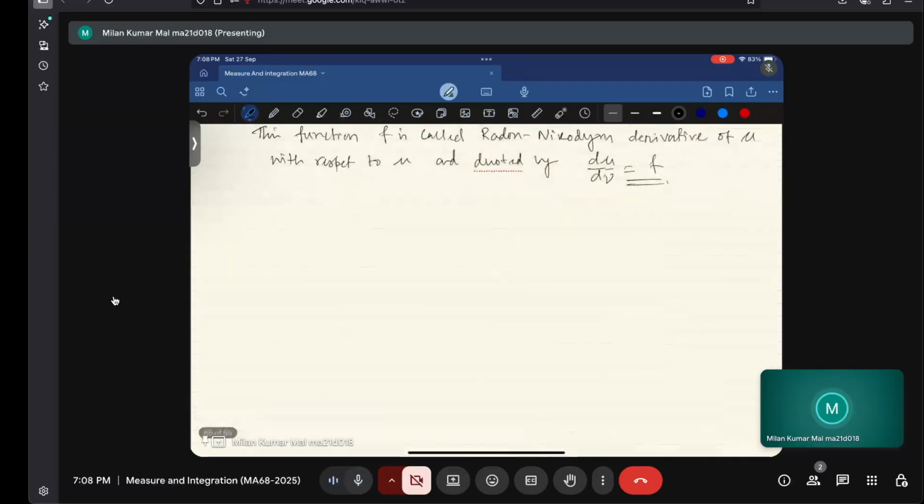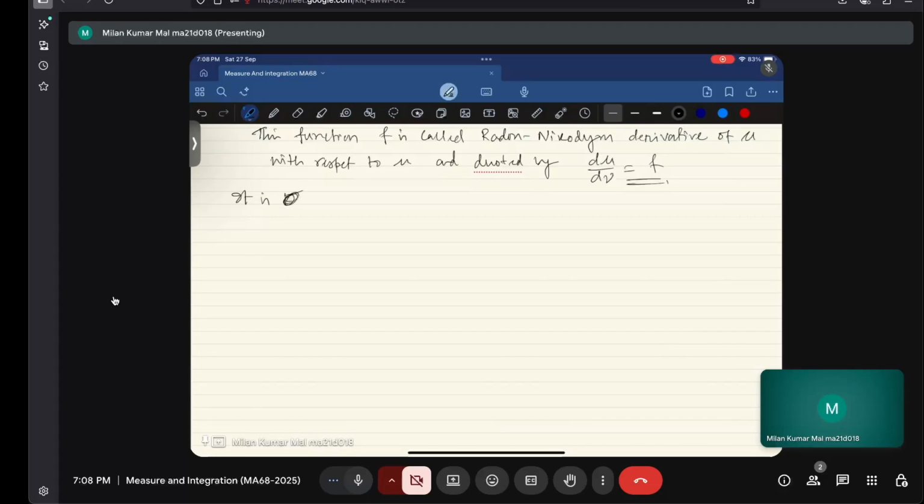Also, these two facts we must know. It is known that